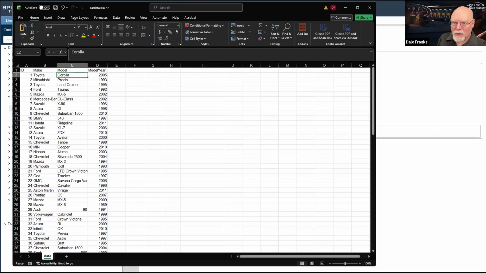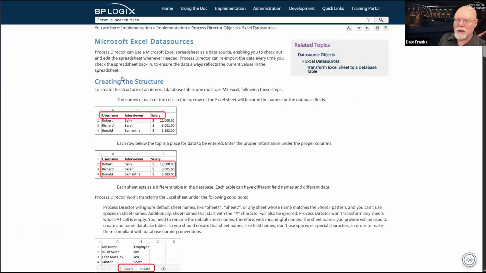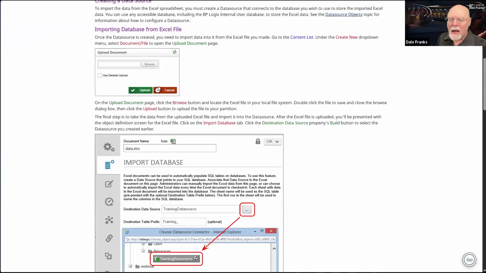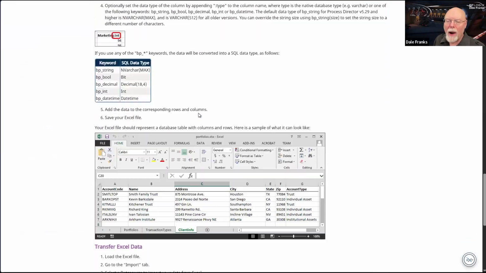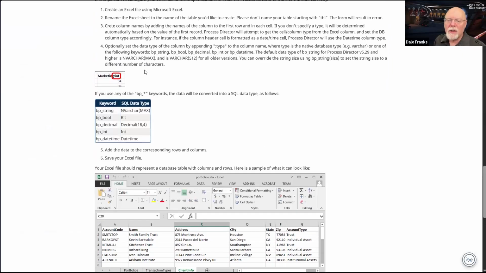For Excel data sources, and we have a documentation topic on this called Microsoft Excel Data Sources, if you scroll way down here, it gives you some keywords where you can set a data type. And if you set that data type in the header column, then that is the data type that SQL Server will apply when it imports your table.